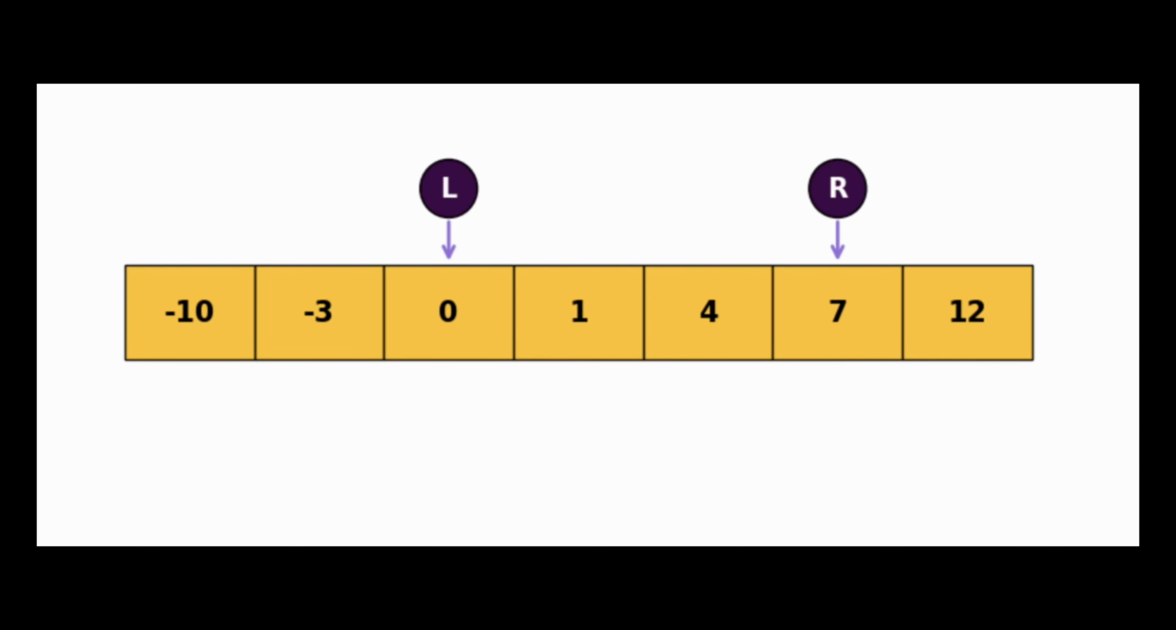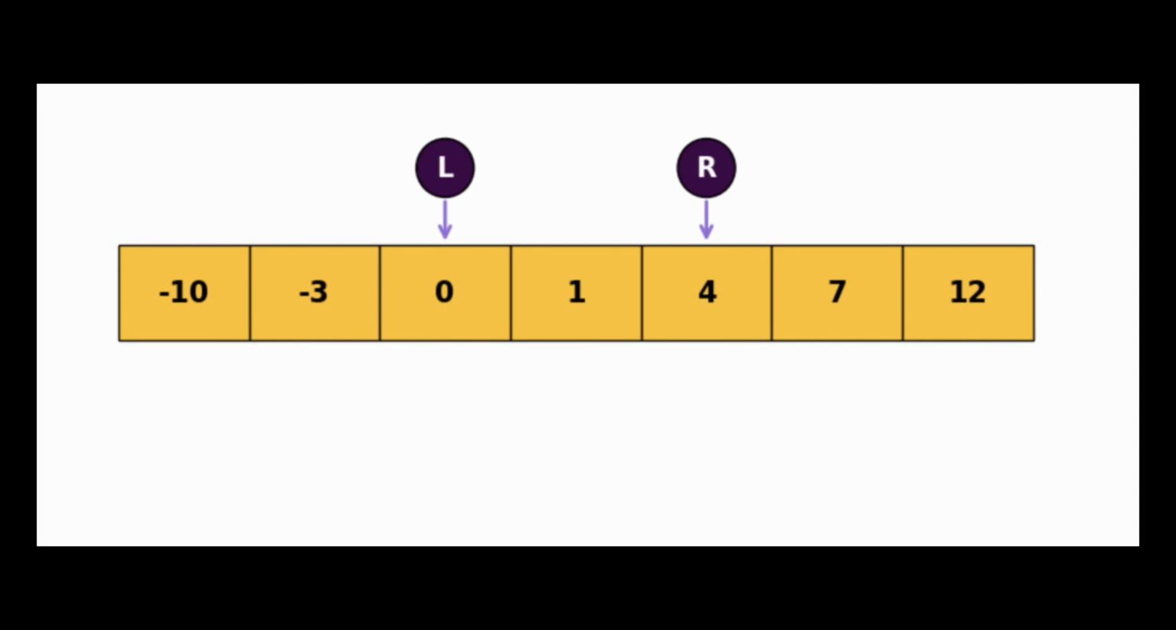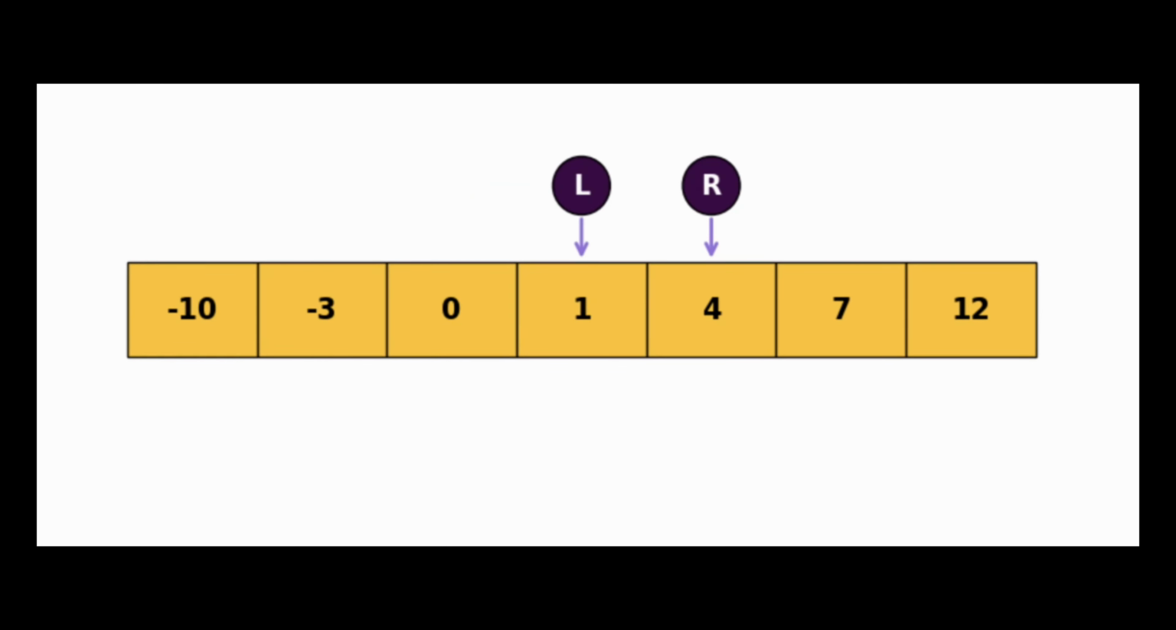And at this point, we have 0 plus 7, that is 7, which is greater than 5. So we move the right pointer here. And at these two indices, we have 0 plus 4, which is 4. 4 is less than 5. So we move our left pointer. And here we can see that the value at index left plus the value at index right is equal to 5. That is equal to our target. And we return these two indexes